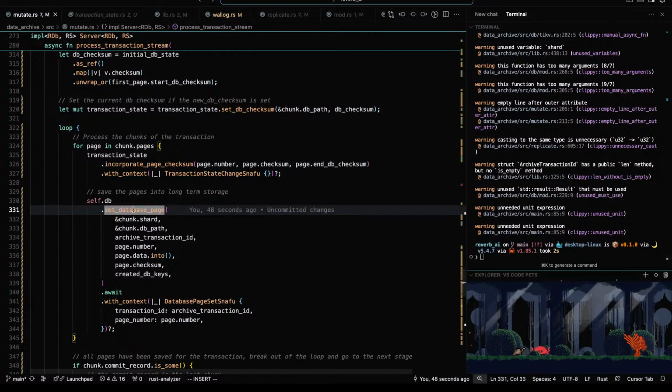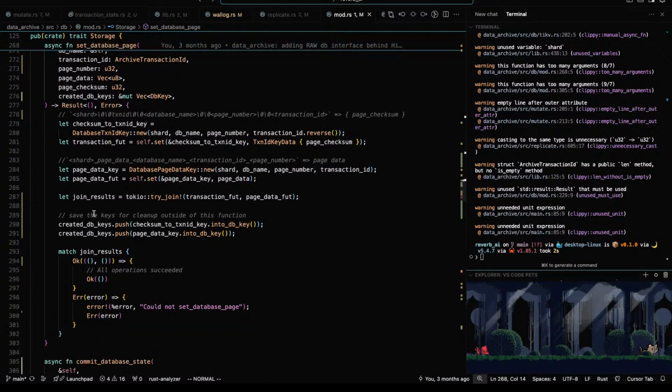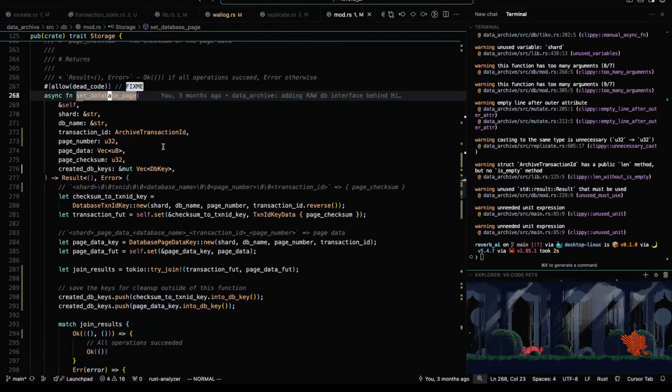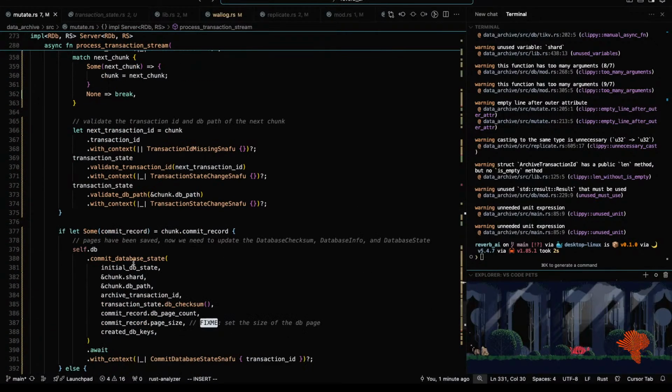Oh, let's see. So now we have set database page, which sets the other two values from the README. That's good. There's two. Oh, we don't want to push both of these, do we? Oh, no, no, set database page. That one's fine. That one's fine. Just validating.